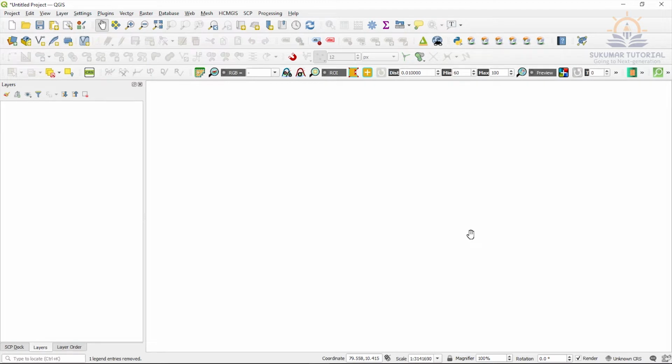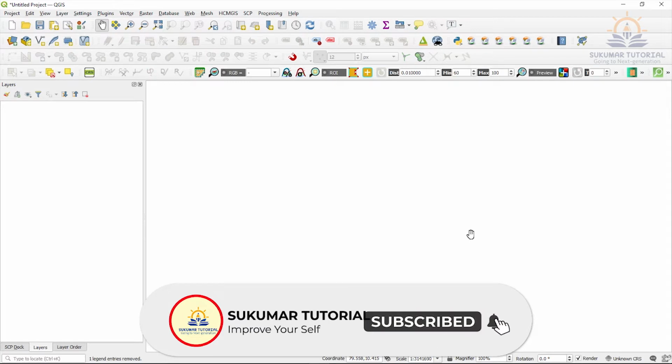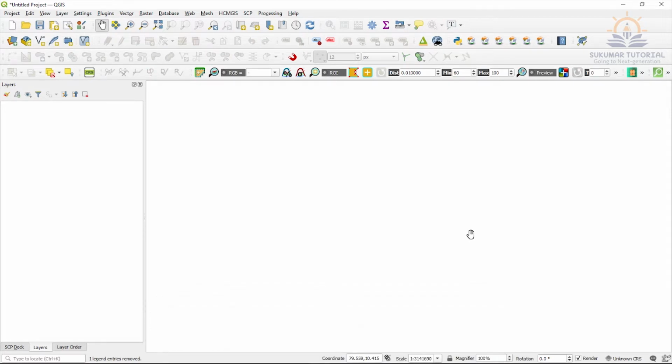Hello friends, you can create thematic maps using QGIS, for which you need administrative units like districts or taluks or villages in a polygon shapefile. You have to create it and then store it in your folder. Similarly, if you want to add any attributes, you can manually add them, or you can create them in Excel. So here I am just demonstrating census data. I created census data in Excel, saved it in CSV format and kept it in the folder.